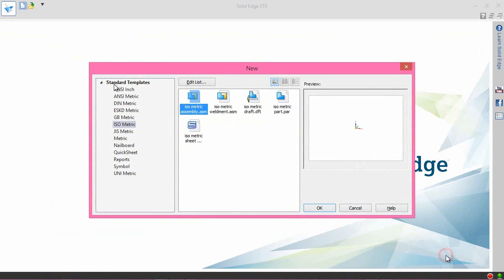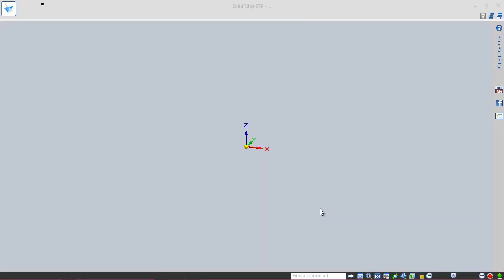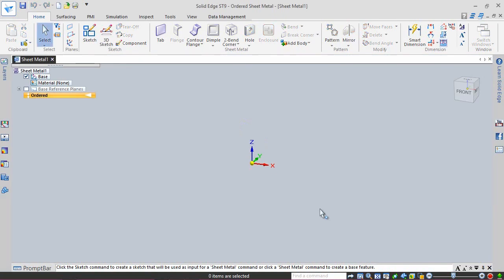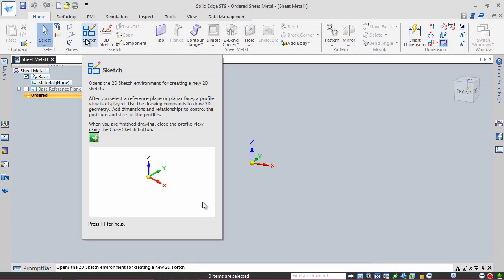Start a sheet metal file using an ISO metric template. The ordered modeling approach is adopted in creating this model.